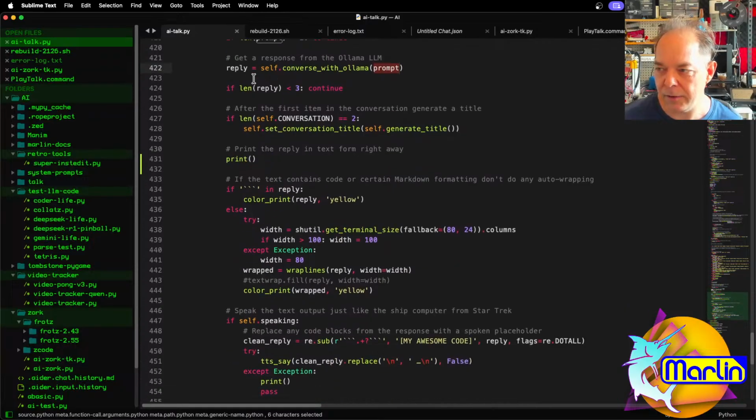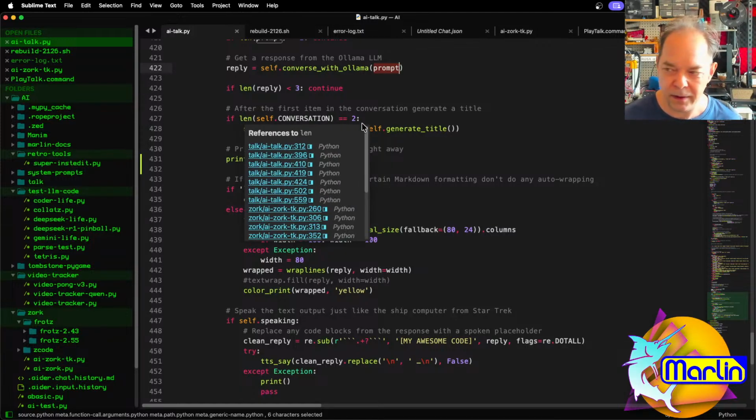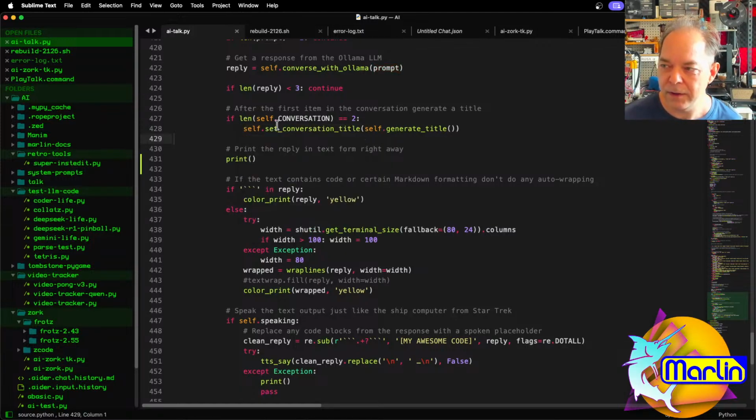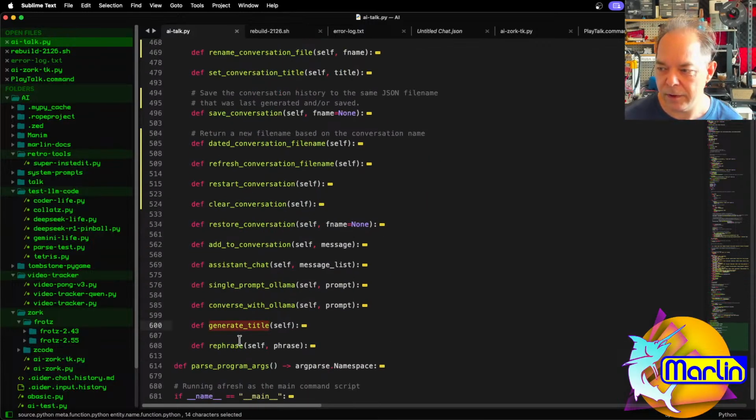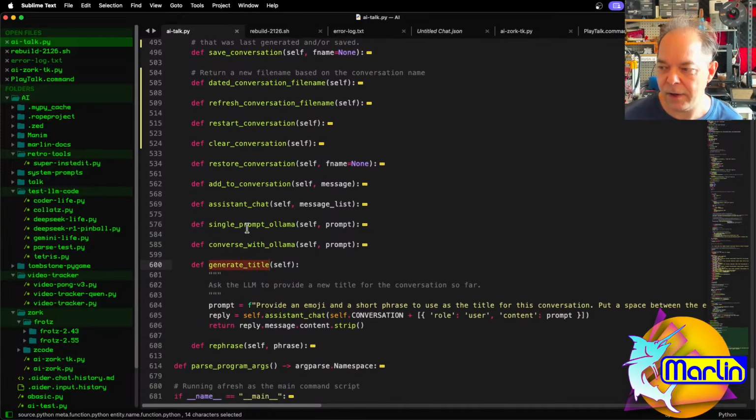And if the reply has any length to it, it then says, is this the first reply to the conversation? If so, I'm going to call this thing called set conversation title and generate title. Generate title is the function that does a little side chat and says, here's a new prompt, provide an emoji,